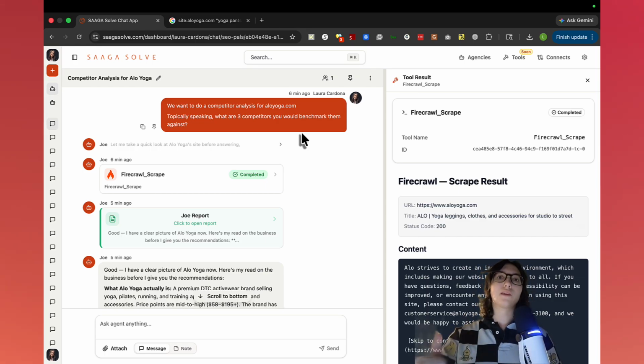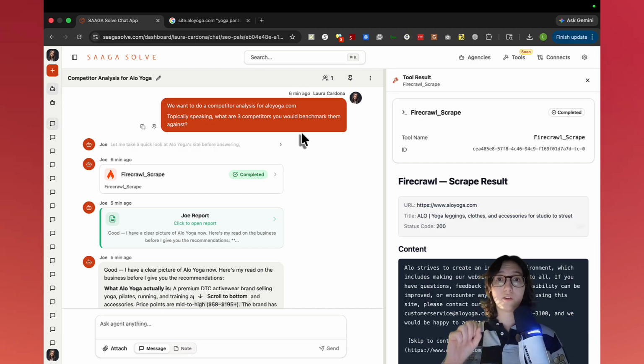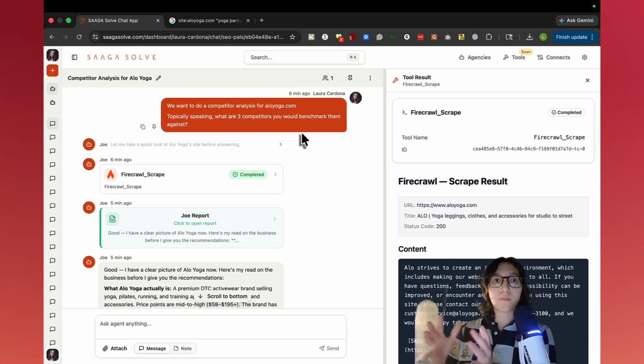When you look at sites, especially on the smaller scale, and you go into something like SEMrush or Ahrefs directly, and you go to do your competitor analysis, chances are you're using the organic competitors report. And that will show you your competitors and benchmark you against them based on keywords that you have commonality with, right?